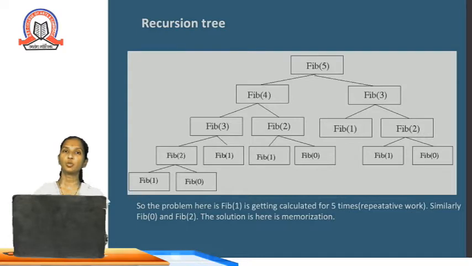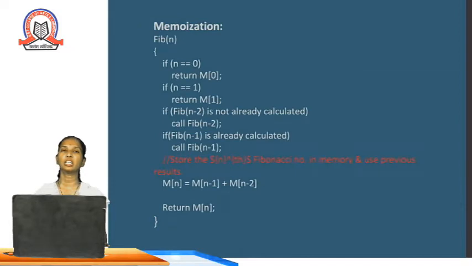So to resolve this problem, we can use the memoization technique. That is, I will only calculate the Fibonacci of 1 or 0 or 2 only once. I will store that data inside a table, and that table I can use. So that is the difference from other techniques and dynamic programming. In dynamic programming, we say that we require an optimal solution, fine, but we are also doing the task recursively. But in the recursion, we are storing the result inside a table, so that we will not calculate the result again and again.